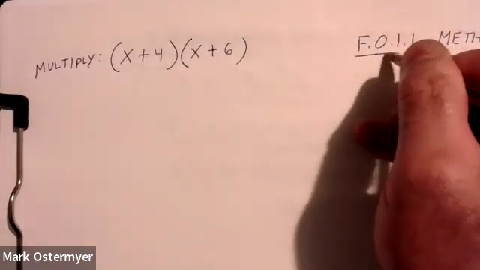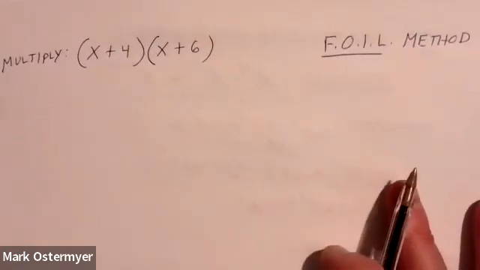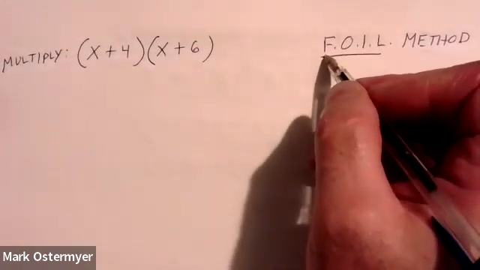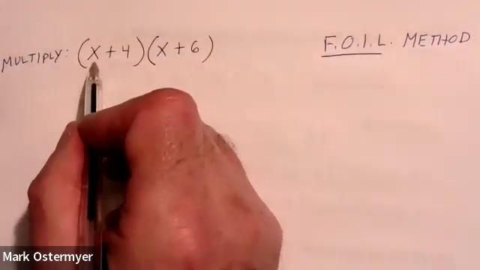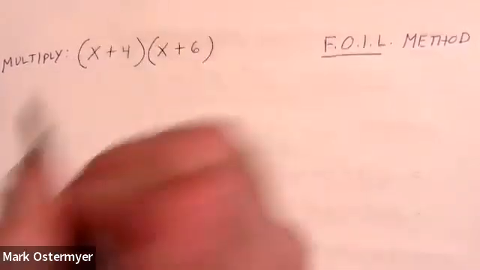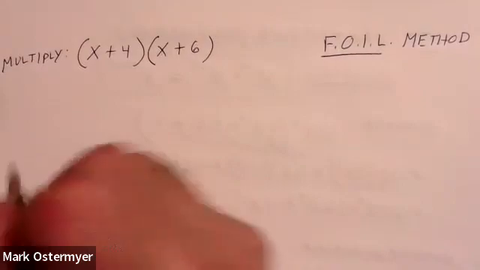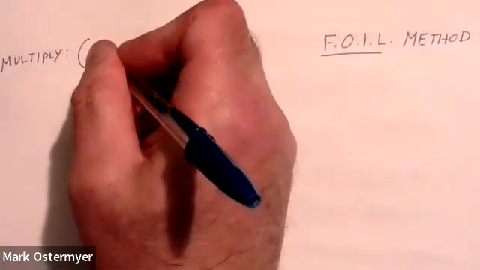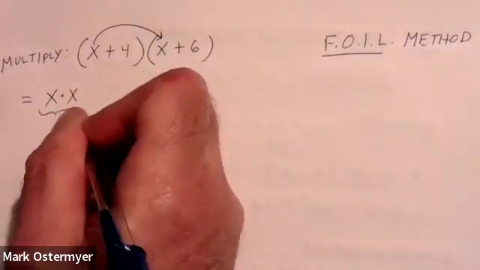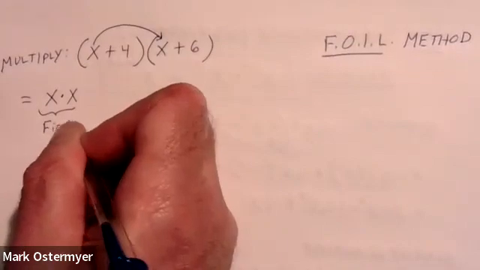And this word FOIL is an acronym that enables us to remember how to multiply binomials together. Basically, the letter F in the word FOIL means we multiply the first terms together. So that means I'm going to multiply the first terms of my binomials together. So this x here will have to be multiplied by this first term of x here. I like to use arrows as a visual cue. You've probably been noticing that. I think that's a very wise thing to do. So we're going to take x times x. So x times x is going to be the product of the first terms of our binomial,